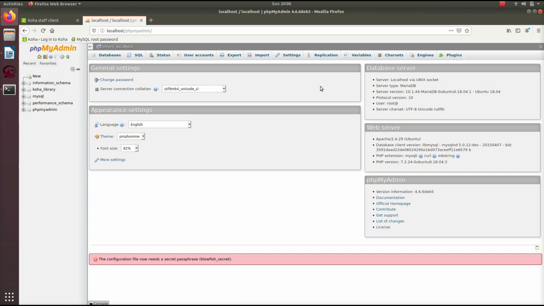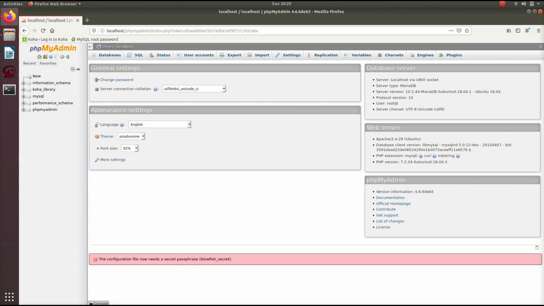As I have already explained, phpMyAdmin is the graphical user interface which will allow you to browse the content or details of the MySQL database. In the terminal we were able to see all the databases with the help of the command prompt, but here we can see with the help of a graphical user interface.